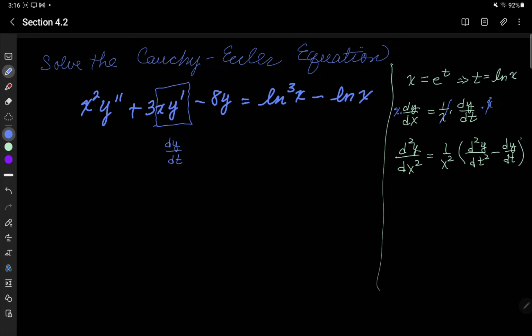And then on this second part, if you multiply both sides of the equation by x squared, then notice you have x squared times your second derivative of y with respect to x. And on the right side, the x squareds cancel out. You get second derivative of y with respect to t squared minus first derivative of y with respect to t. So if I just rewrite this,